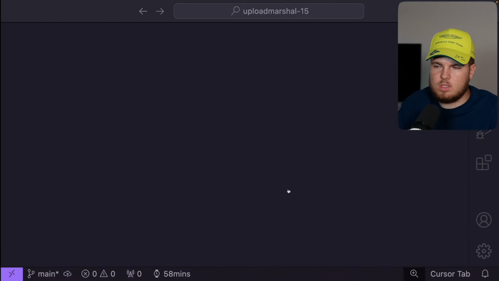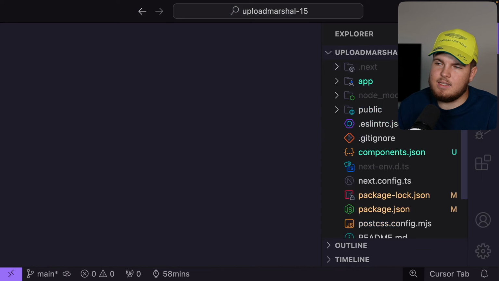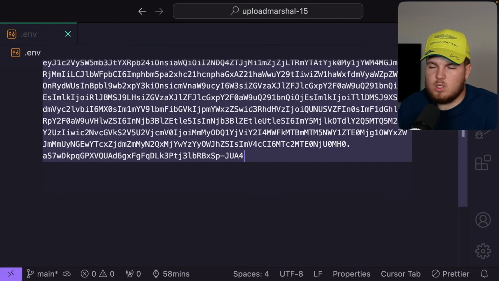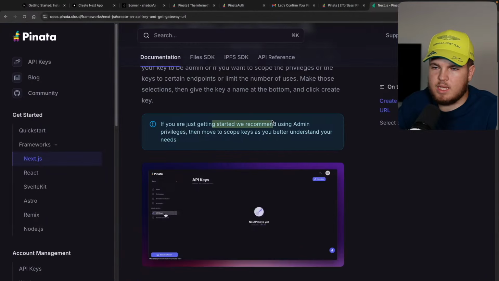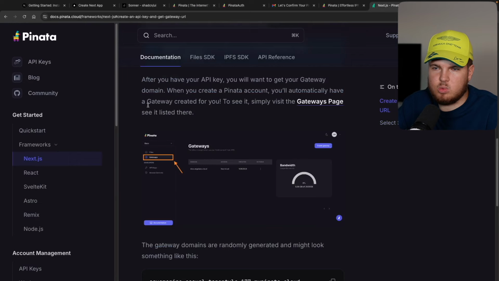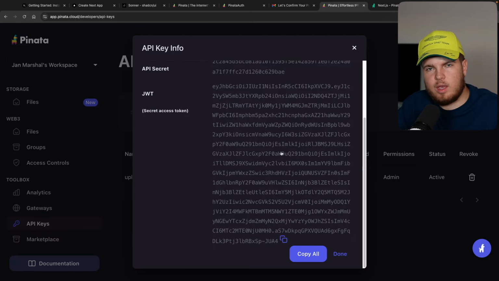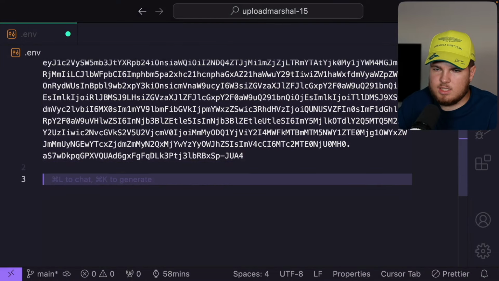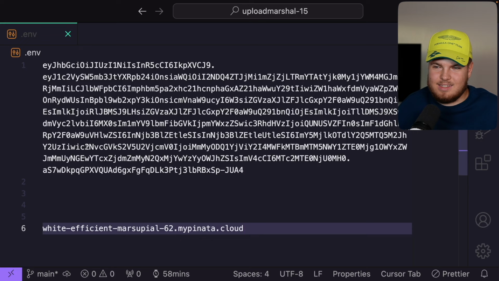let me go back to VS Code, and inside of here, let's open the Explorer, and in the Explorer, what I want to do is create a new env file. So let's create a .env, and inside of here, we can store all of our environment variables. So let me just paste it inside of here for now. So this JWT has now been added, and if I go back to the documentation, the next step is to now add also our gateway URL. So to get our gateway URL, we have to go to the dashboard. I can close this modal, we don't need it anymore. And then if I click on gateways, you see we already have one right here, and I can just copy it. So let me copy it, let's go back, and let me just paste it right here down below in the env file. Great, now we have our JWT and our gateway,